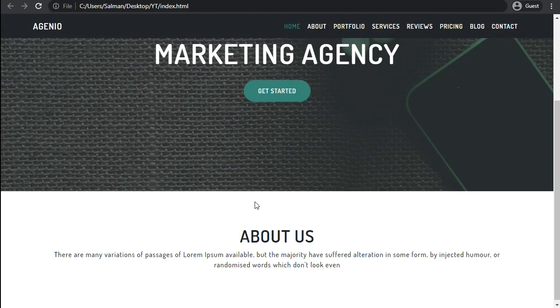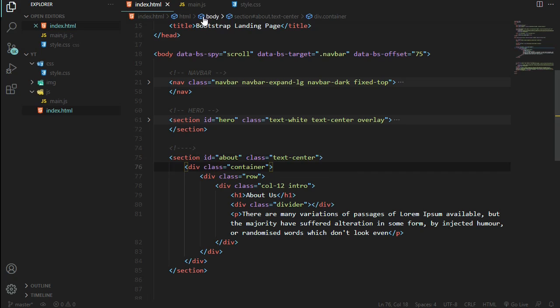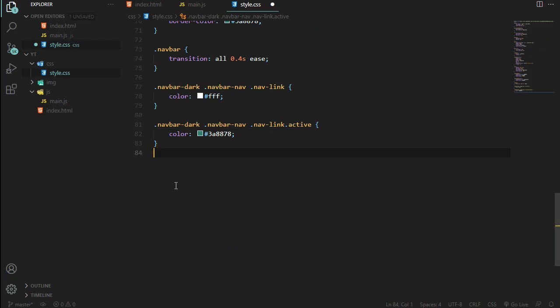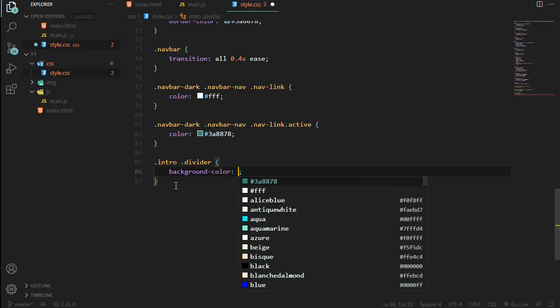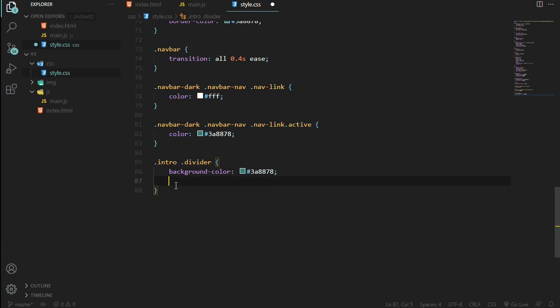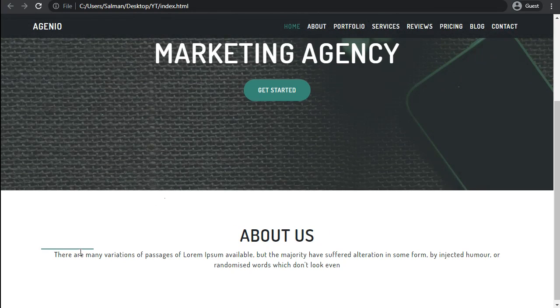Okay, and I'm going to select that intro and I'm going to select divider. Background color is going to be primary color. Height is going to be 2 pixel. Width is going to be 120 pixel. Okay, let me refresh. So we have this line,